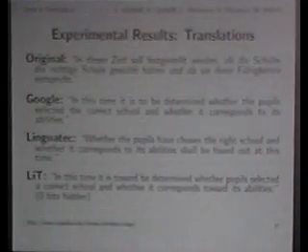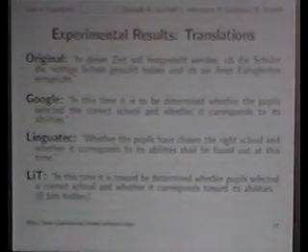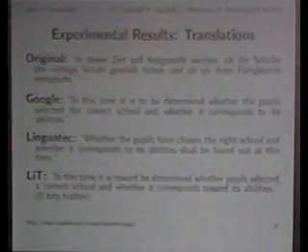In dieser Zeit soll festgestellt werden, ob die Schüler die richtige Schule gewählt haben und ob sie ihren Fähigkeiten entspricht. Oh God. In Google, this looks like, in this time it is to be determined whether the pupil selected the correct school and whether it corresponds to its abilities. Quite a good translation, actually.